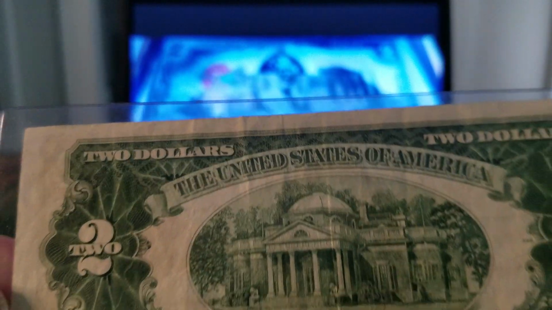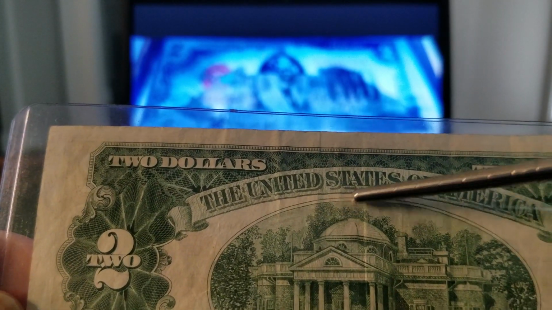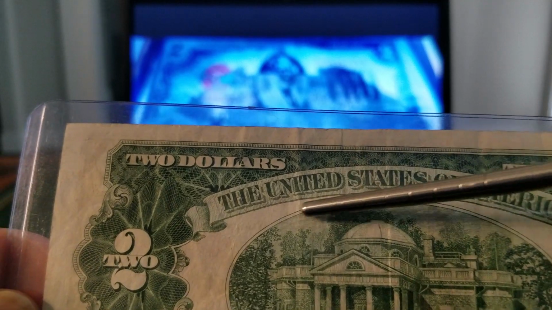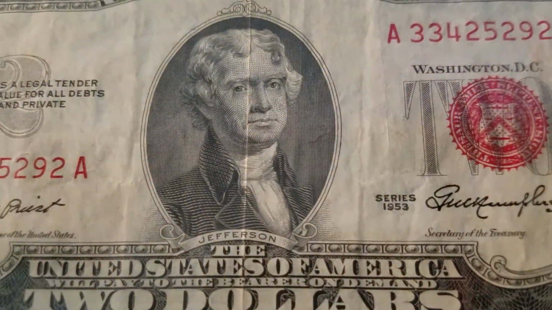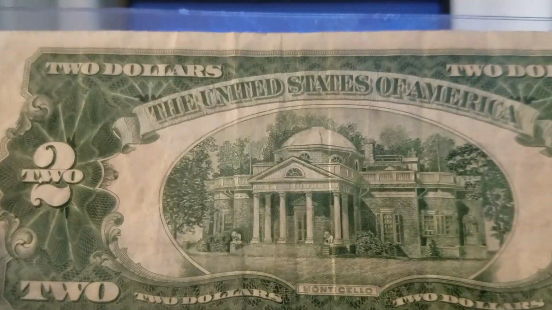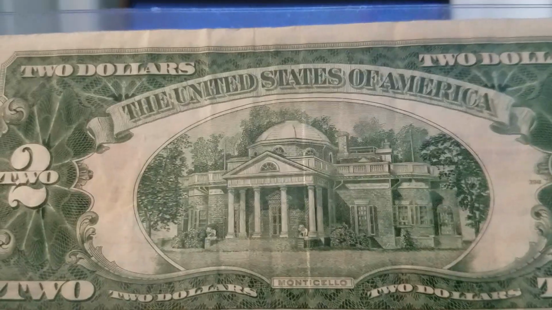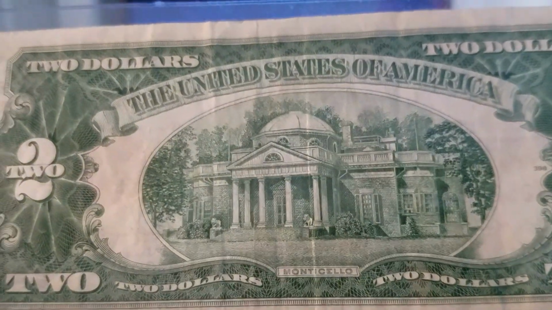On the 1963 series, you will find In God We Trust above. But this is a 1953 series, so I got to get the 1963 series to add to the collection. All right, so Thomas Jefferson's home, Monticello,